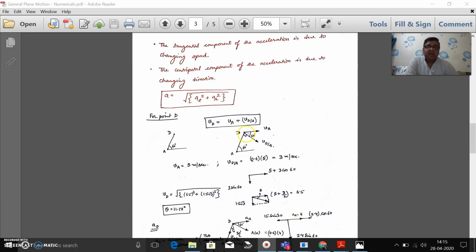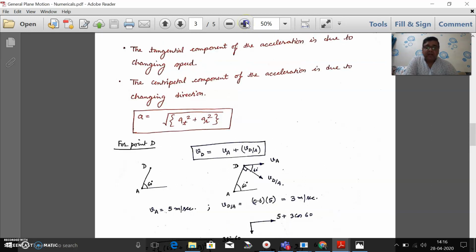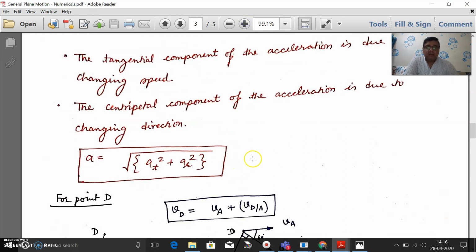In case of velocity there are only two components. One is VA and one is velocity of D with respect to A. Now what we have to do is divide velocity of D with respect to A into vertical and horizontal components, and that's what we did, and then we can easily calculate the velocity of D. Now same way in this case, for calculation of acceleration at point D, as we did last for point B, we have to highlight three different parameters for acceleration of point D, right? Three different parameters. Okay.